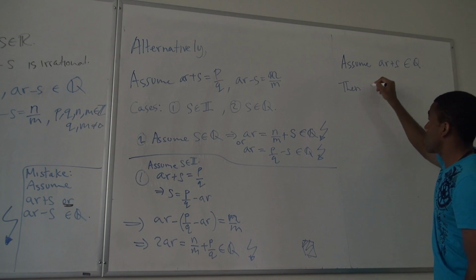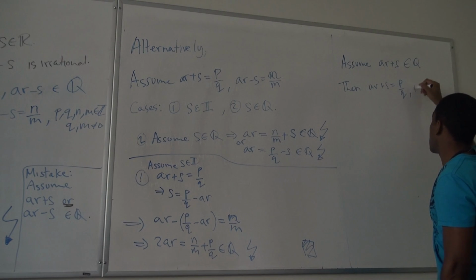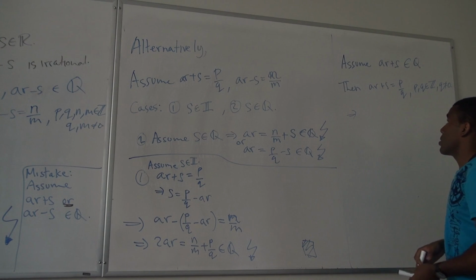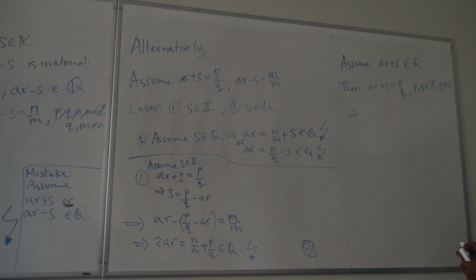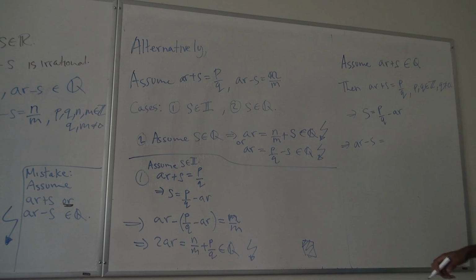Then AR plus S is equal to P over Q, for P, Q where Q is not equal to 0. Then what could you say? Again, you could probably continue similar to this. S equals P over Q minus AR. And this would mean AR minus S would be equal to,